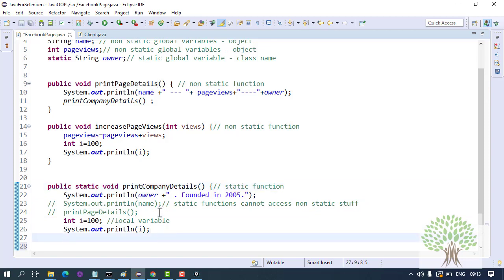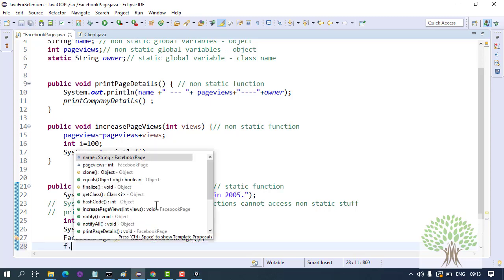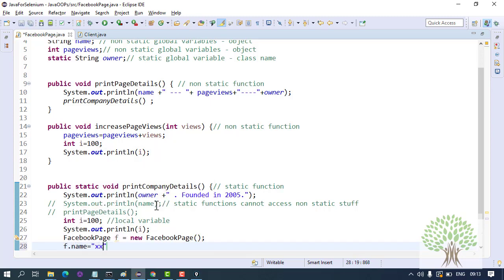In the print company details, I can create the object of Facebook page class. But you cannot access directly. You can create the object and access these variables for that particular object.